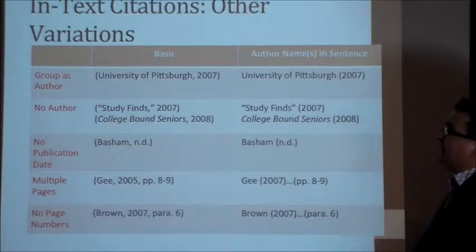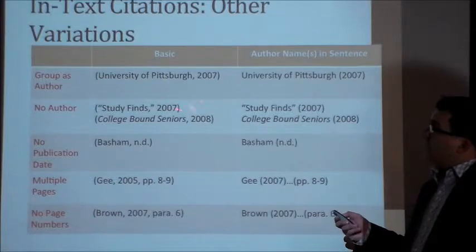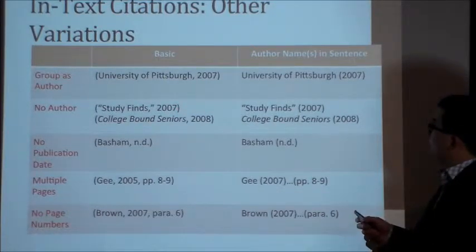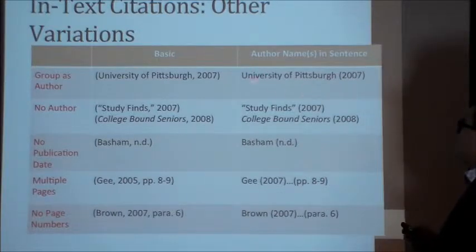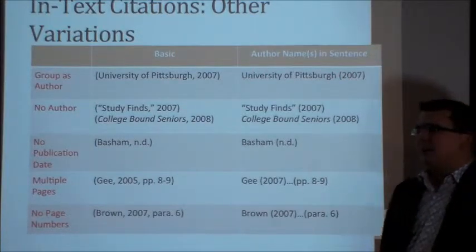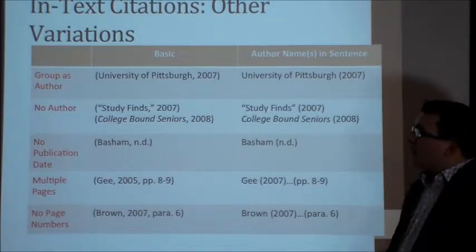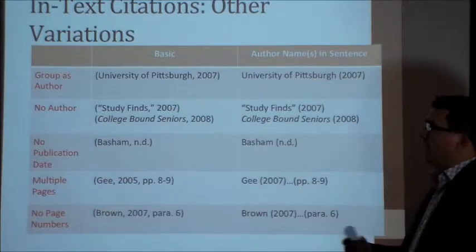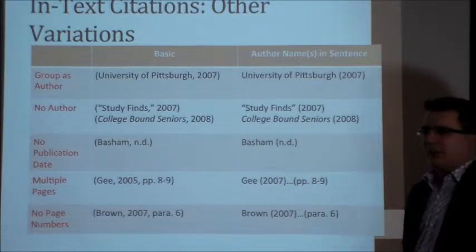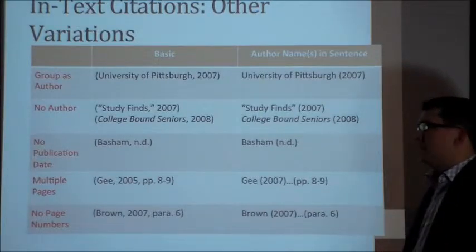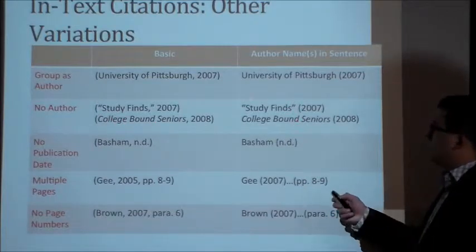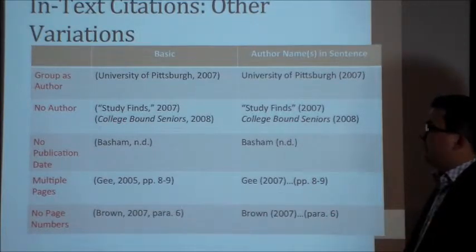So in-text citations, some other variations. We have our group authors. So we have the University of Pittsburgh. We have the year there, 2007. Author's name, same thing. It's not too complicated. There's not much changing in that, depending upon the first one there too. No author. You see these a lot, especially within the course room, within the electronic format. You have these sources that are from the university themselves. They may not have an author. So you just have the title there and then the year. Same thing right here. Not much change within there as well.